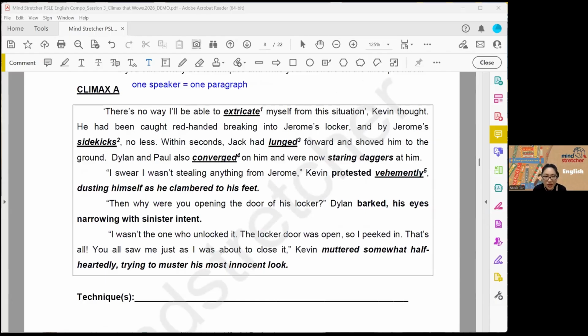Firstly, paragraphing: one speaker, one paragraph. Your teachers should not be marking for this anymore. I told my class today, and they are my students here as well, when I mark your compositions in March at this time, if you are taking the PSLE, basic errors like paragraphing dialogue shouldn't appear anymore.